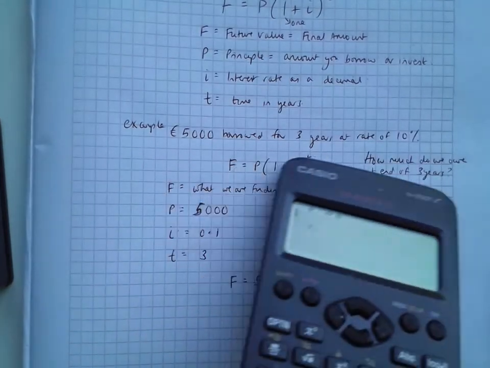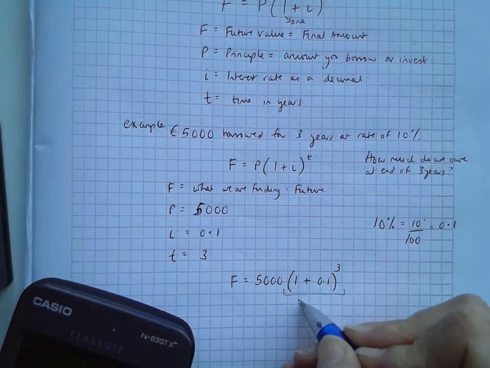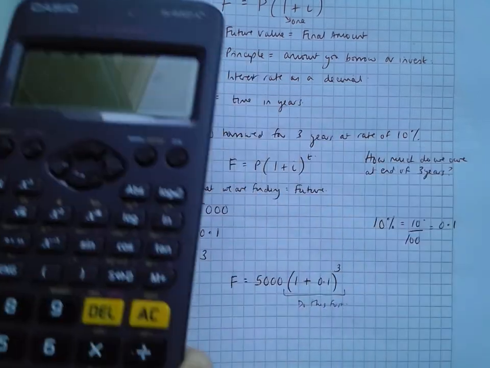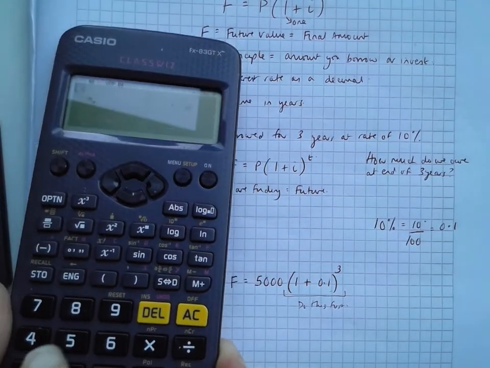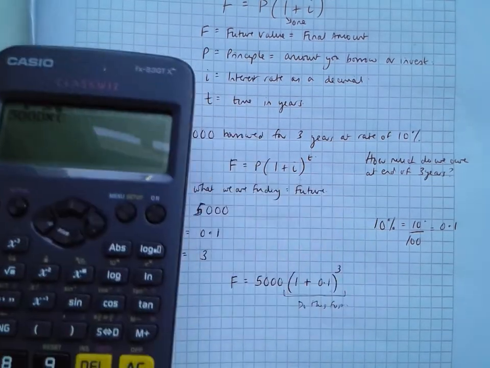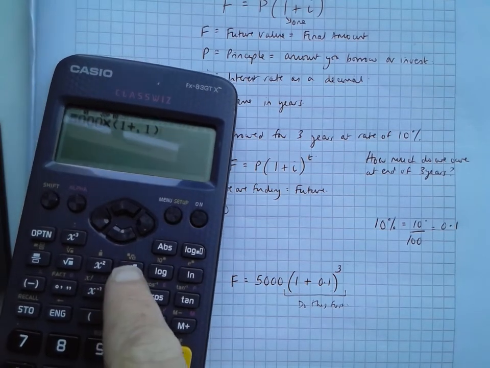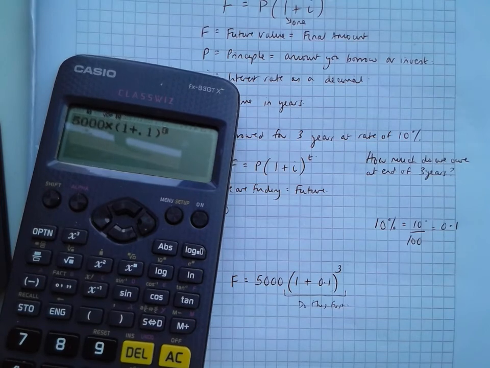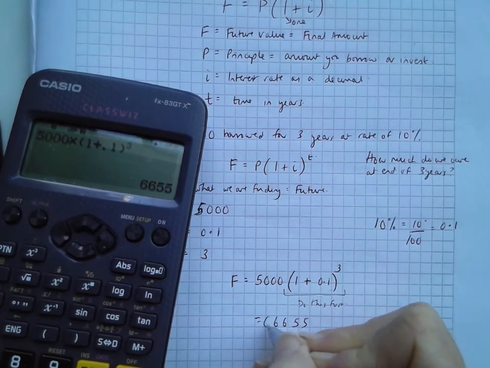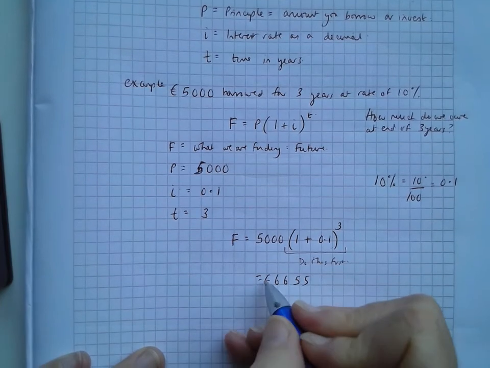Now, just be careful here, because you have to do all of this first. Now you can do it on your calculator in one go, but just be careful how you do it. So it's 5,000 multiplied by bracket, 1 plus 0.1 to the power, and that's this button here, of 3 equals 6,655 euro, which is what we found when we did it longhand. 6,655. Okay, so that's the final amount,